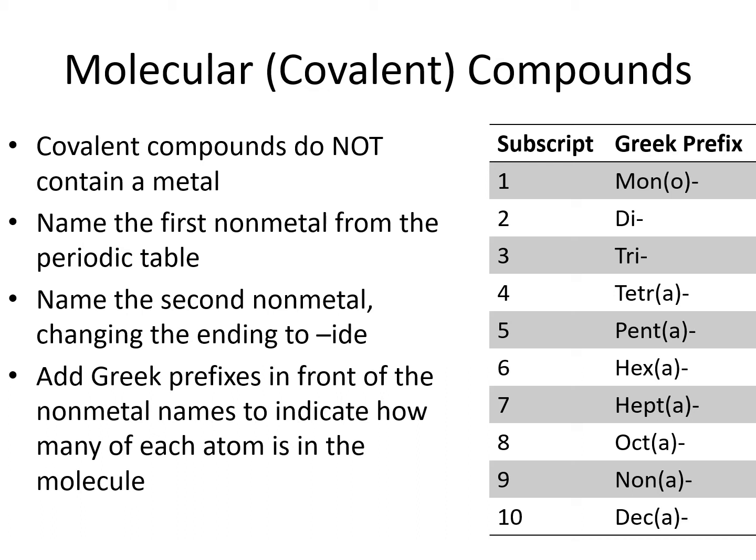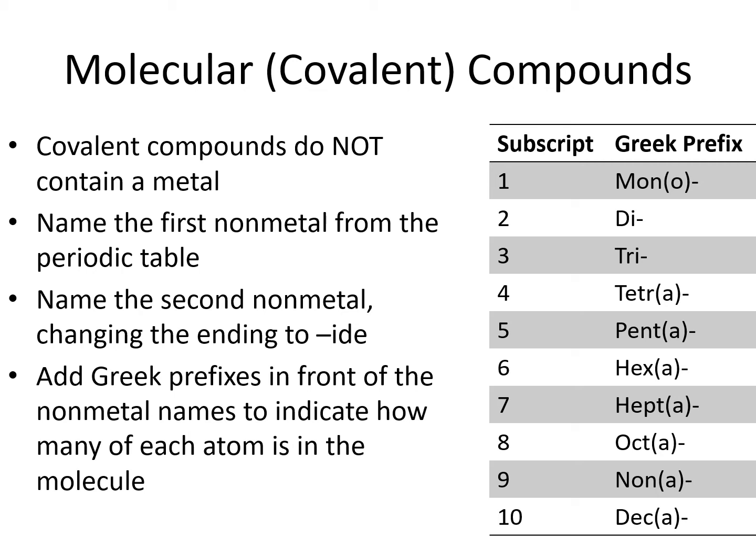However, covalent molecules are not made of charged ions, so we need extra information to tell us how many of each element is in the compound. To provide this information, we add Greek prefixes in front of both nonmetals. For example, if we have one of a particular element, we can use the Greek prefix mono in front of